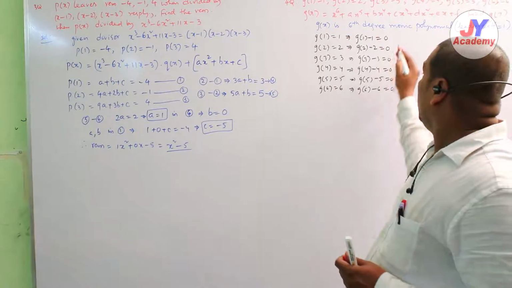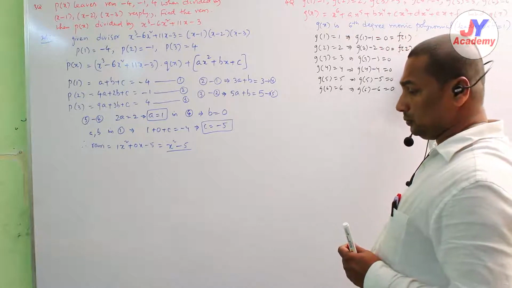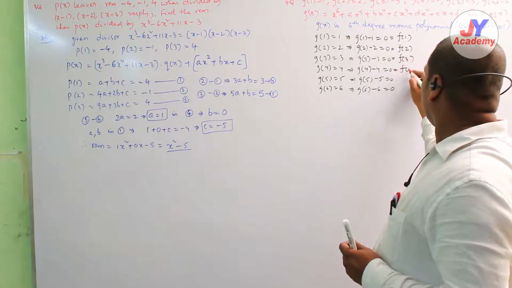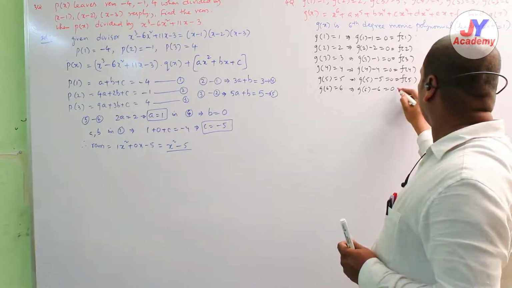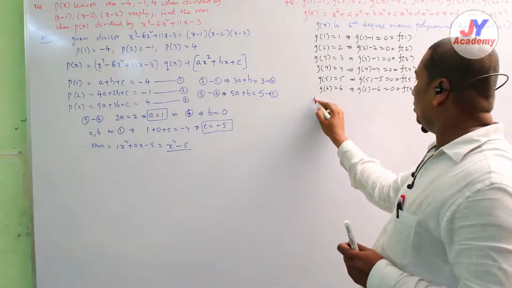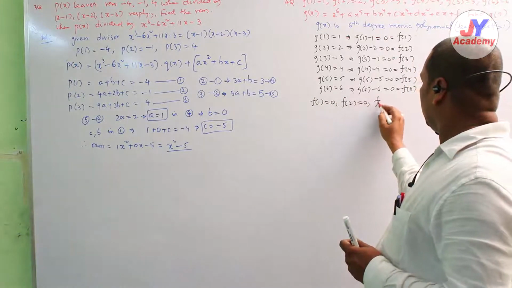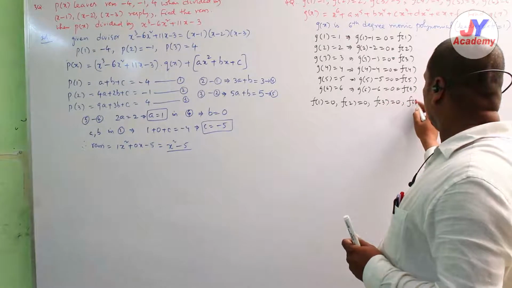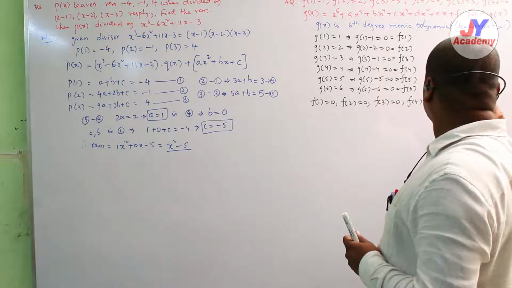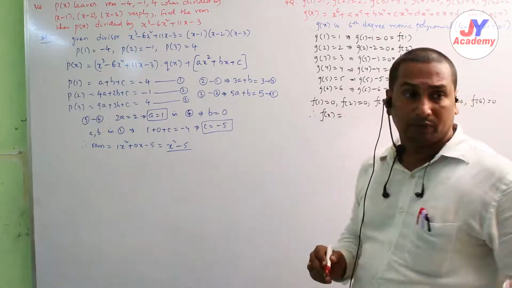Okay. Let it be f of 1, f of 2, f of 3, f of 4, f of 5, f of 6. Right. So f of 1 is 0, f of 2 is 0, f of 3 is 0, f of 4 is 0, f of 5 is 0, f of 6 is 0. Therefore, f of x is equal to